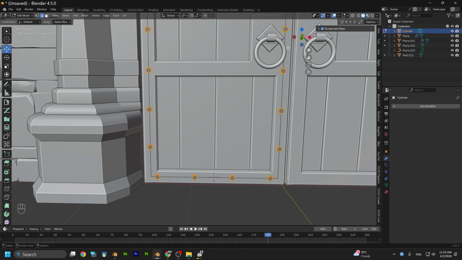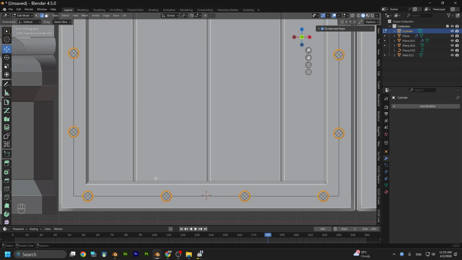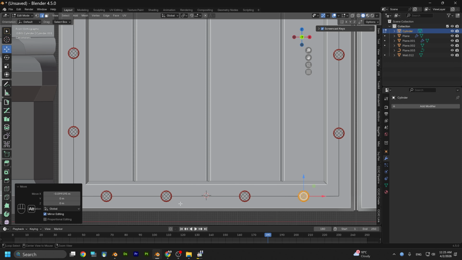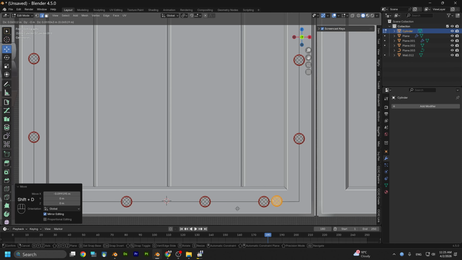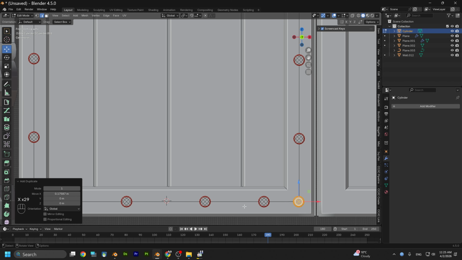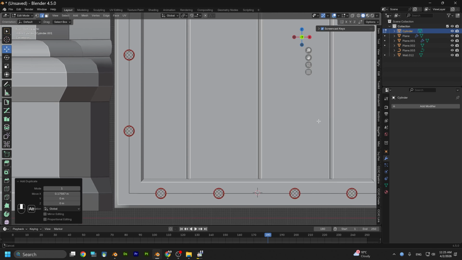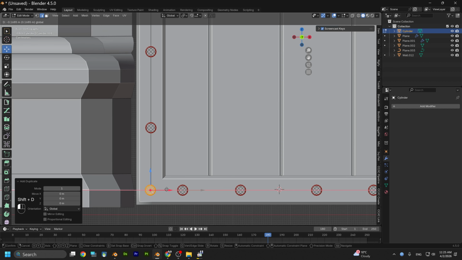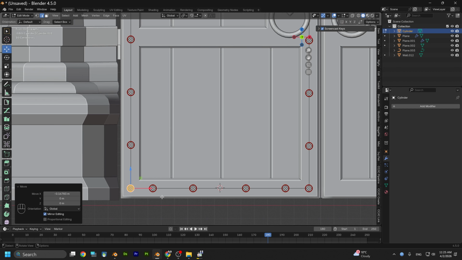And let's go back to edit mode, and now I want to play a little bit with this, so this we're going to move here like this, we're going to move here, and shift and D, and we're going to move one here. Let's select this one and shift and D, and let's move this here like this. Now select these four and shift and D, and we're going to move them